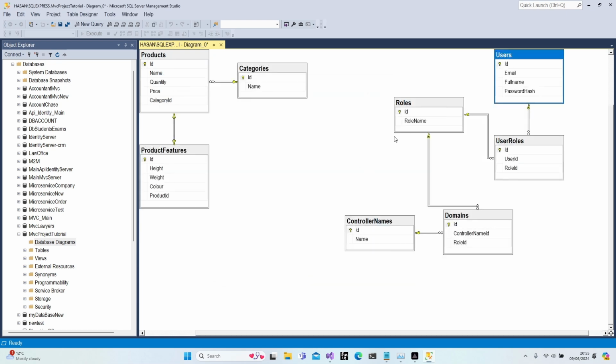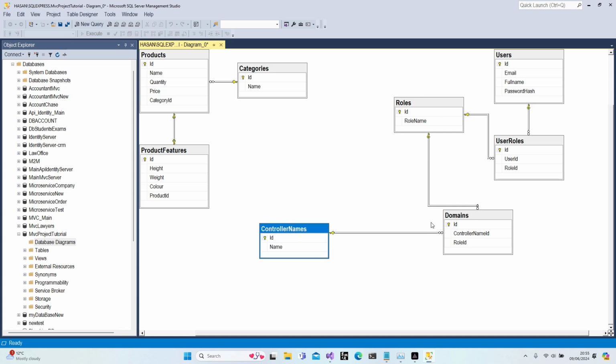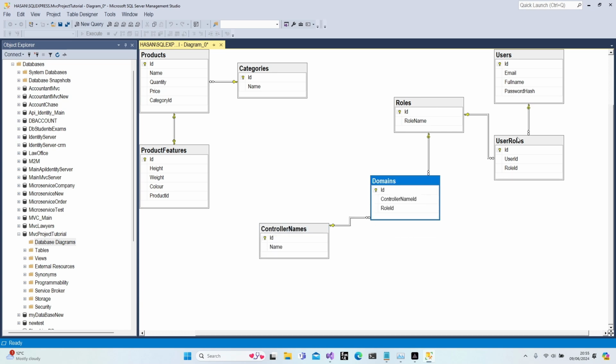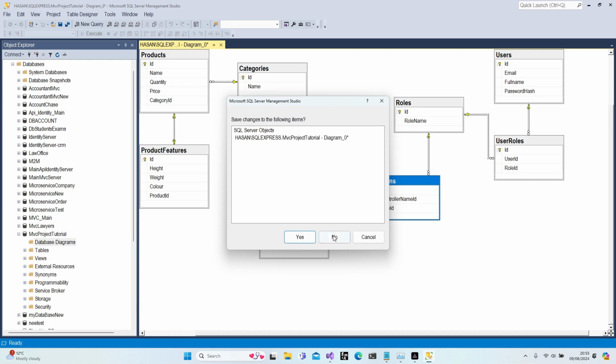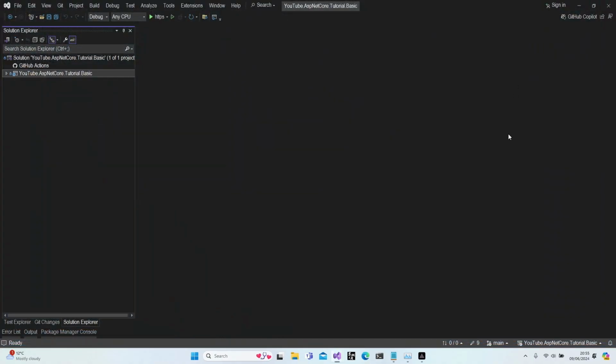Let's close it. Yep, it seems a little bit tricky, but these are controller names, domains, roles, user role, and user. Okay, we have a one-to-many connection between controller names and domains, and domains and roles. So roles and controller names have a many-to-many connection between each other. Okay, hopefully you understand what I'm doing in this section. Let's continue